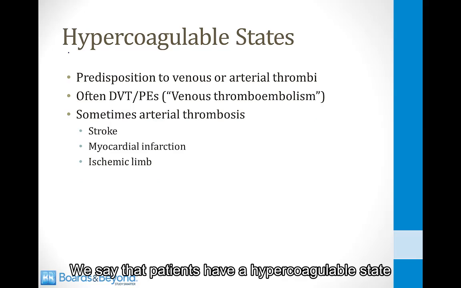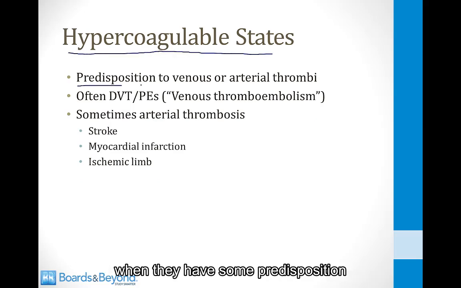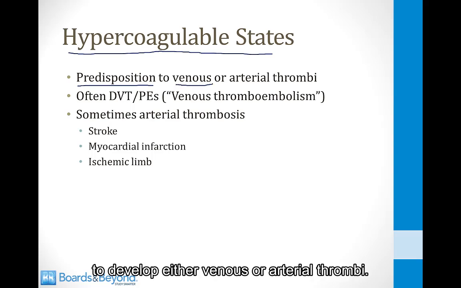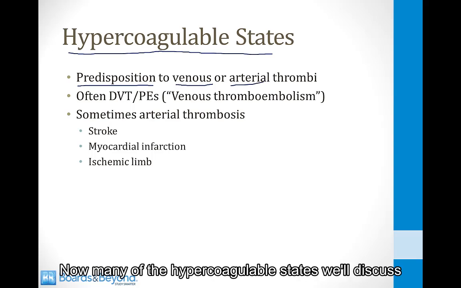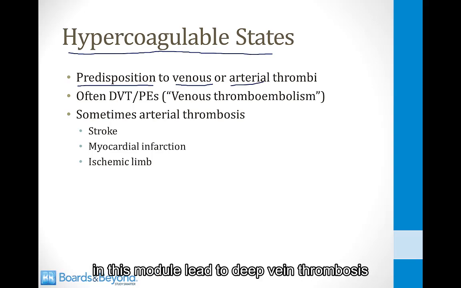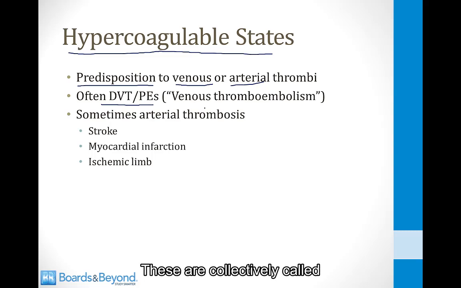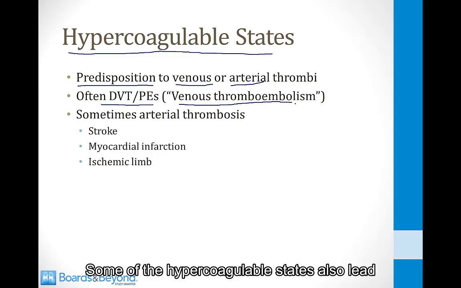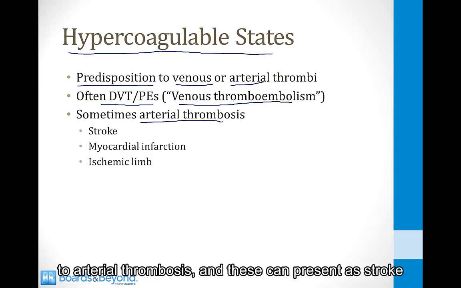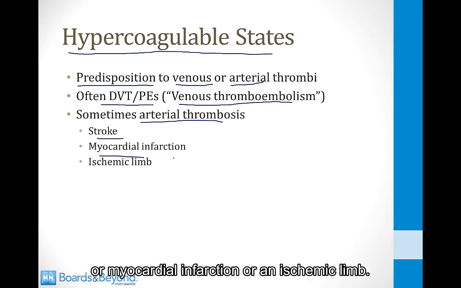We say that patients have a hypercoagulable state when they have some predisposition to develop either venous or arterial thrombi. Now many of the hypercoagulable states we'll discuss in this module lead to deep vein thromboses or pulmonary emboli. These are collectively called venous thromboembolism disorders. Some of the hypercoagulable states also lead to arterial thromboses, and these can present as stroke or myocardial infarction or